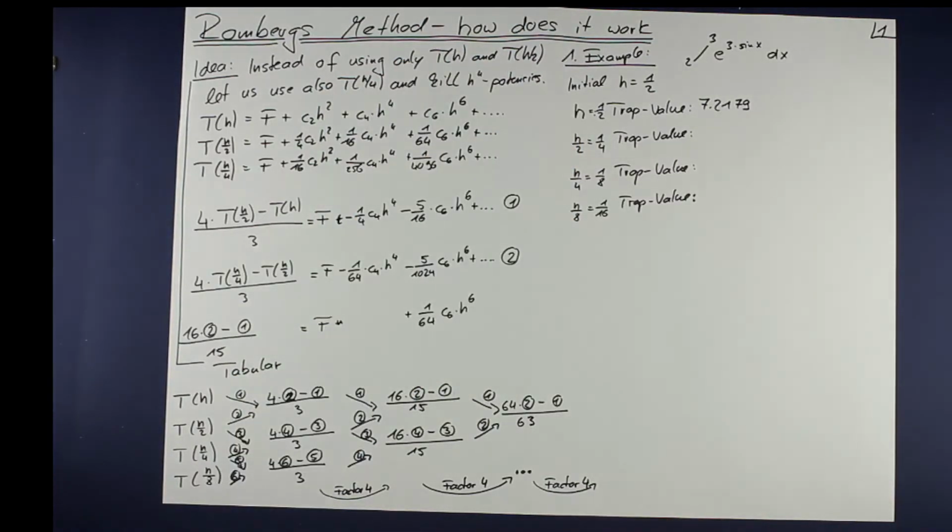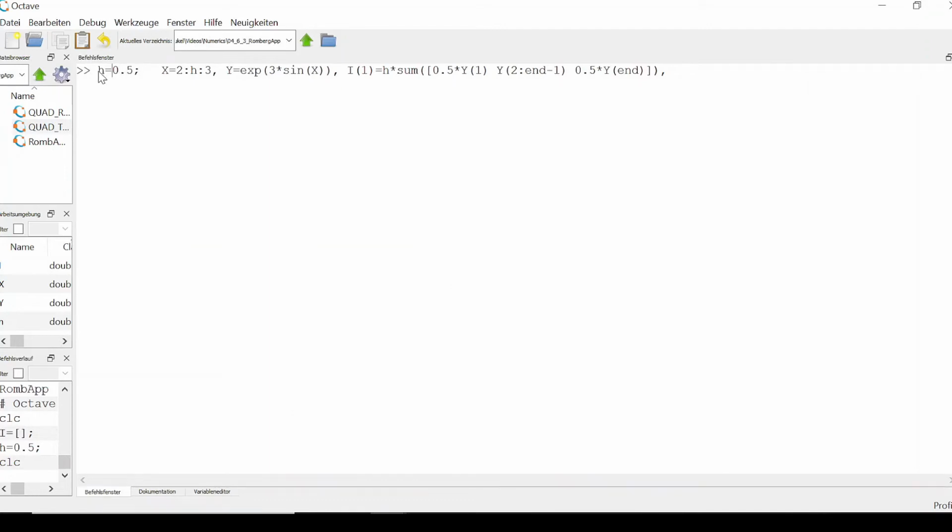I want to do that electronically. Okay, these are the commands. We choose h is a half, then x is the vector 2, 2.5, and 3. Then we evaluate at these x values, and then we multiply h times the first value times a half, the second value, in this case it's only the second value, then this times 1, and the last value times a half, then sum that up and multiply, don't forget to multiply with h, and then we get